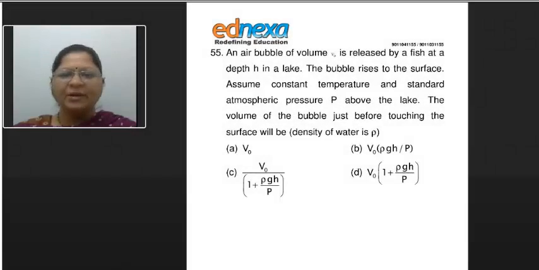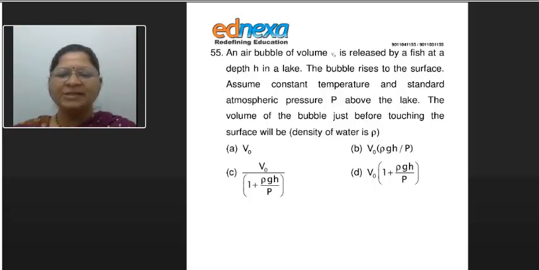An air bubble of volume V0 is released by a fish at a depth h in a lake. The bubble rises to the surface. Assume constant temperature and standard atmospheric pressure P above the lake. The volume of the bubble just before touching the surface will be, density of water is given as rho, and the